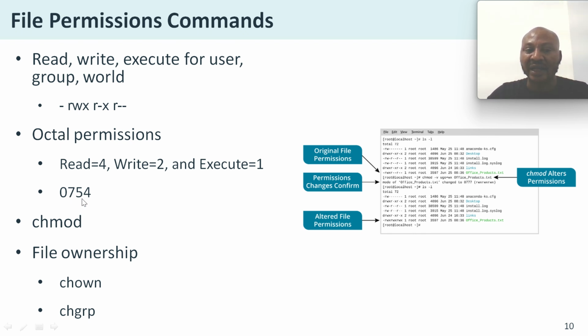The user and the group and what? Every other person. Yes, 4. That means every other person just has read permission to that file. See, every other person, read permission. So this is how to interpret